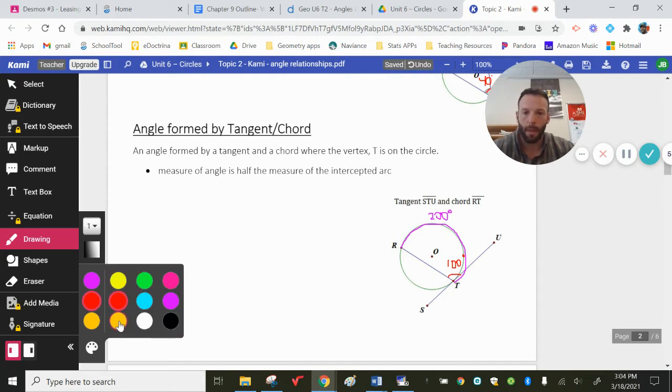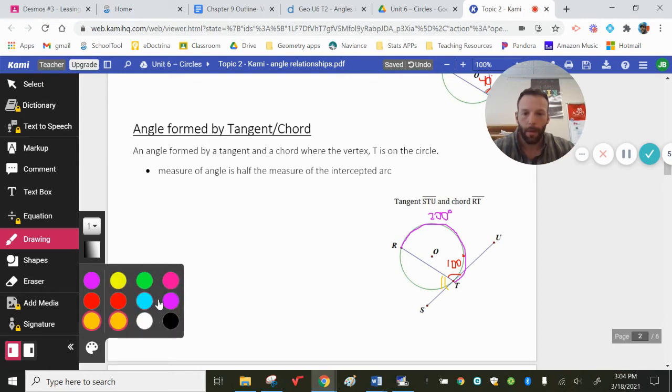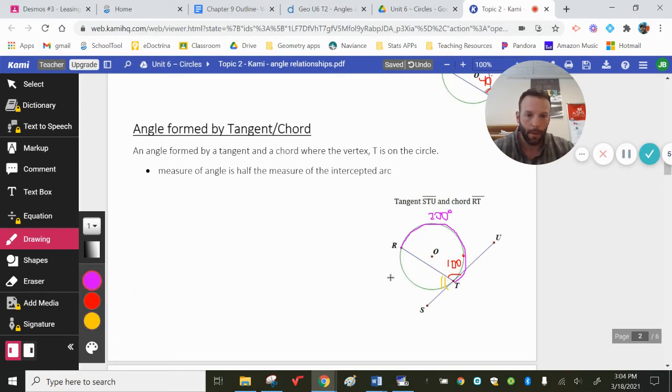Well, because if you were going to measure the other side, the other angle that's in here, this angle right over here, how big does that angle have to be? Well, that angle is also formed by a tangent and a chord. Now, we know that a circle is 360 degrees, which means that the measure of the other side of the circle has to be 160 degrees, because 160 degrees plus 200 degrees is 360. Which means that now the measure of this angle from R to T to S has to be exactly 80